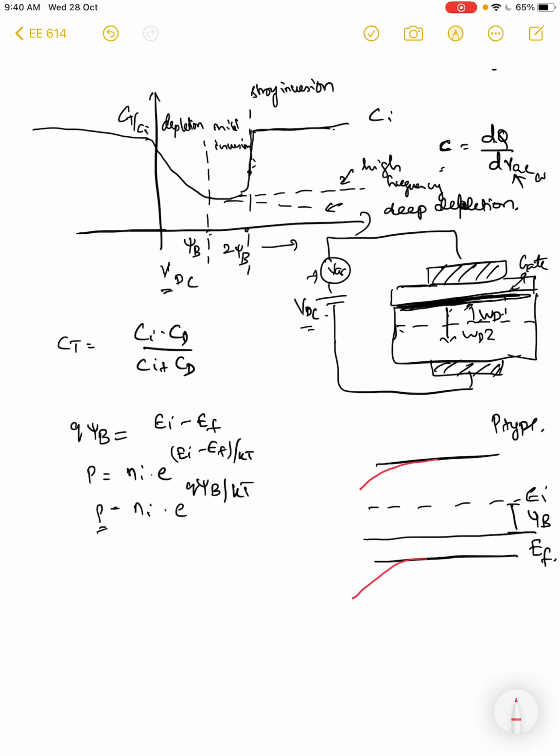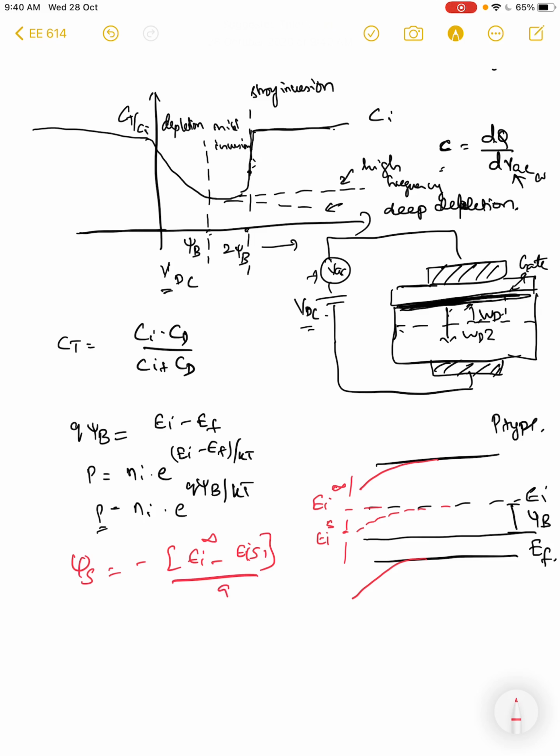So this EI now will bend down, and this is the original EI infinity, and this is the actual EI at the surface. And our definition of psi s, surface potential, is minus of EI infinity minus EI surface,